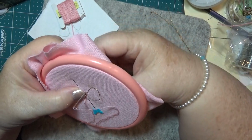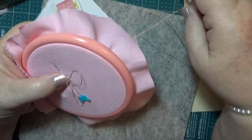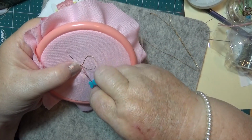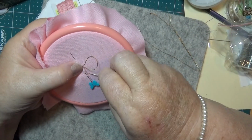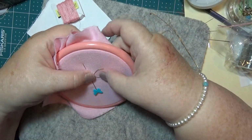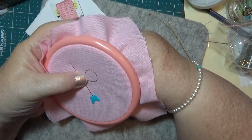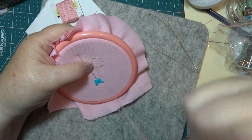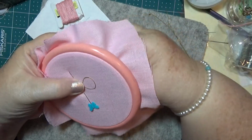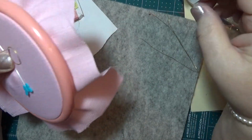Alright. If you want to, you can go around with it in a different colour, but that's not necessarily for this, because this one is going to be a little bit different, cut out from other ways. There's different ways to do these, alright? So now I'm going to go around here at intervals, and I'm going to stitch down the wire. Alright, so just put down your wire by going around here and putting in,